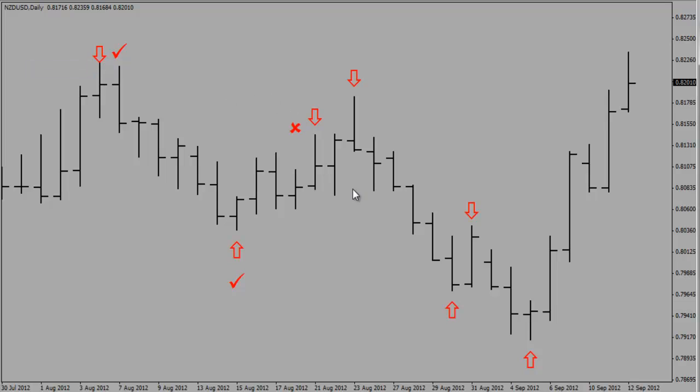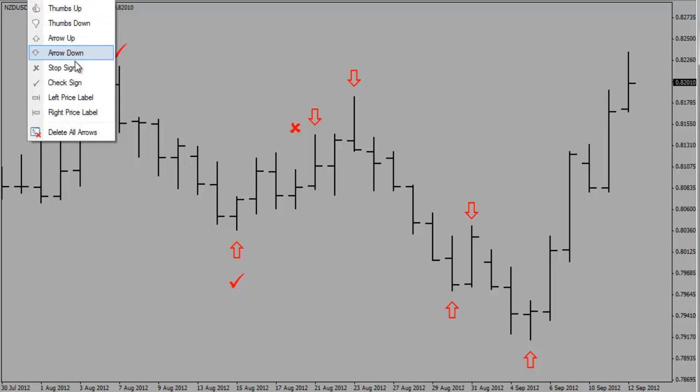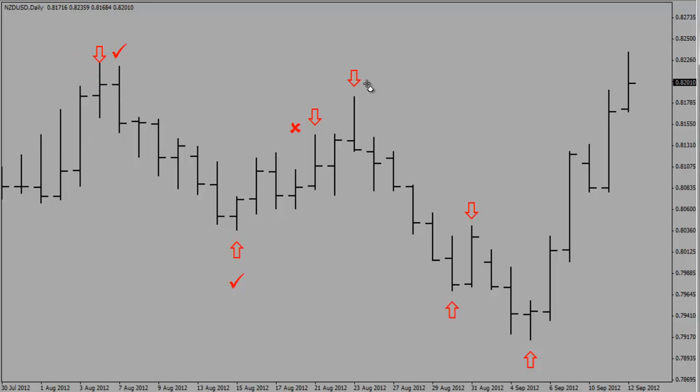This, of course, works out to be a losing trade. We then see another likely winner. Of course, a failure there. And the final two give us a winner and another winner. So out of those 1, 2, 3, 4, 5, 6, 7 different setups, we've got 2 losing trades, 5 winning